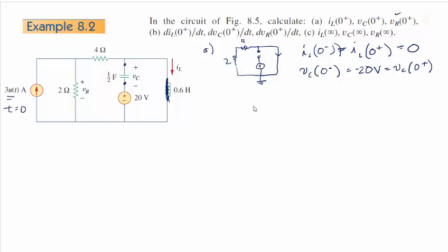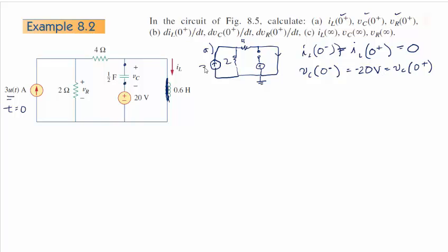The other thing we need is a voltage. We got this one, we got this one. We need voltage across the resistor at time 0 plus. Well, at time 0 plus, this has been turned on, correct? So the question now becomes to analyze the circuit at time 0 plus with that current source in there. Now it didn't matter here, remember, because current can't change instantly in an inductor, so 0 minus and 0 plus current are the same, which would be 0. Voltage can't change instantly in a capacitor, so voltage at time 0 minus and voltage at time 0 plus are the same.